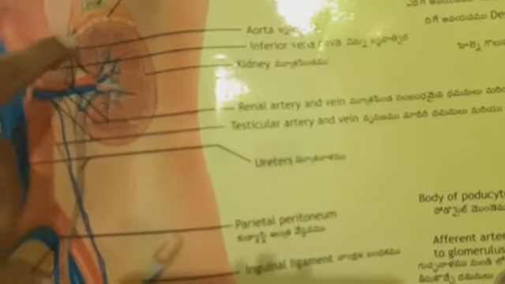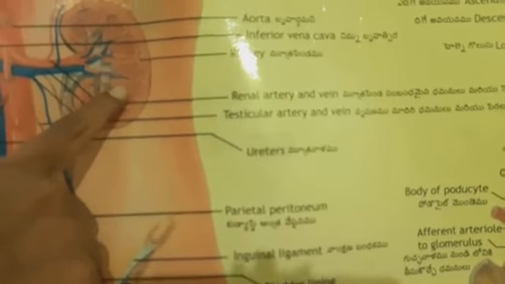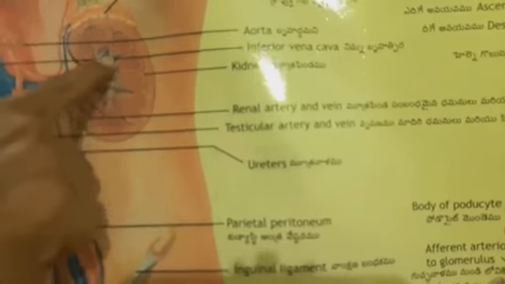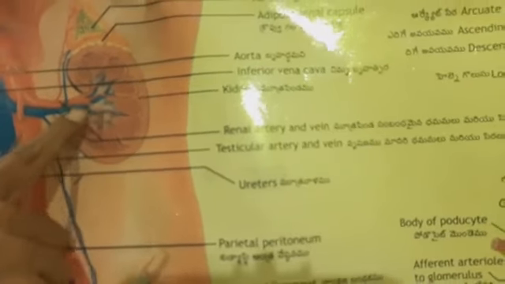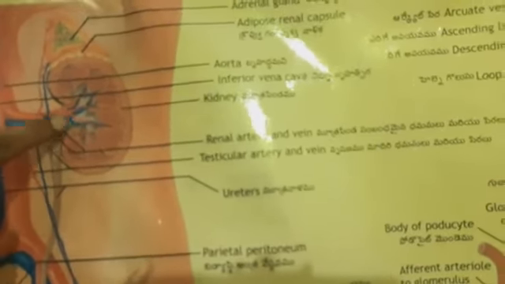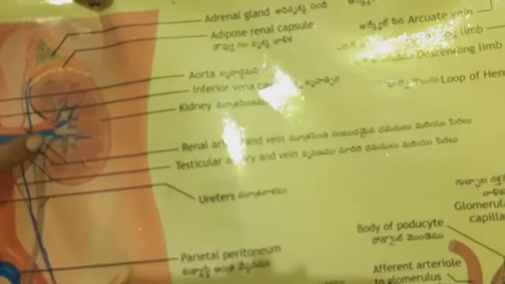Here we see all these different pyramids, within which the nephrons are there. From there, the nephrons release urine into this region, that is, into the pelvis region. From the pelvis region, it is carried by the ureters. This bent region of the kidney, where you can see the renal artery and renal vein, is called the hilus. From there, the ureters arise.